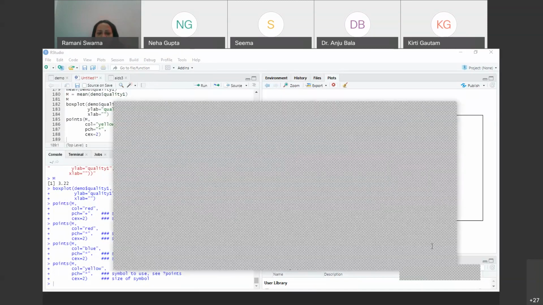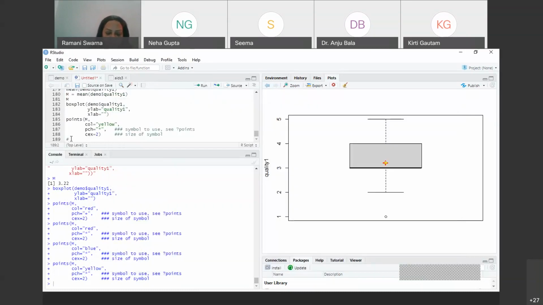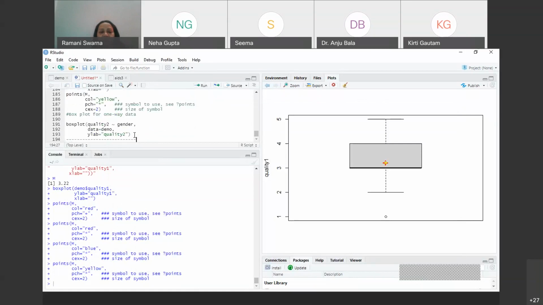And apart from that, we would like to find out more. These are all important, that's why I'm not giving you much time to think about it. Otherwise, we could have. And this is basically for finding out the one for the box plots, the box plot for one-way data. So again, it's an easy one. One-way, which I have taken for what variables? I have taken quality 2, that is one variable, and the other one I have taken is gender. So let us run this and quickly see what kind of